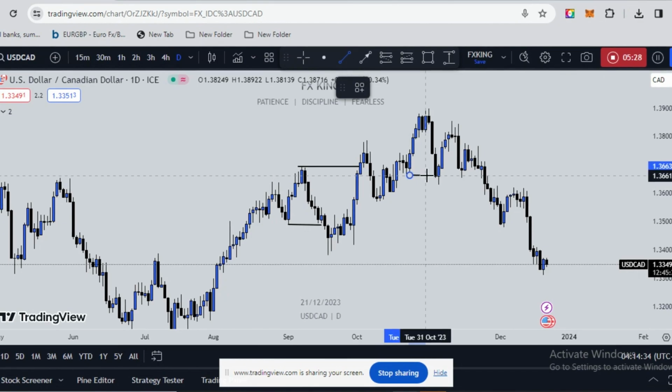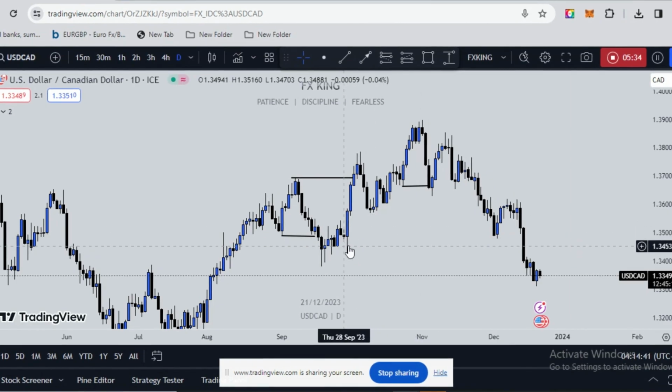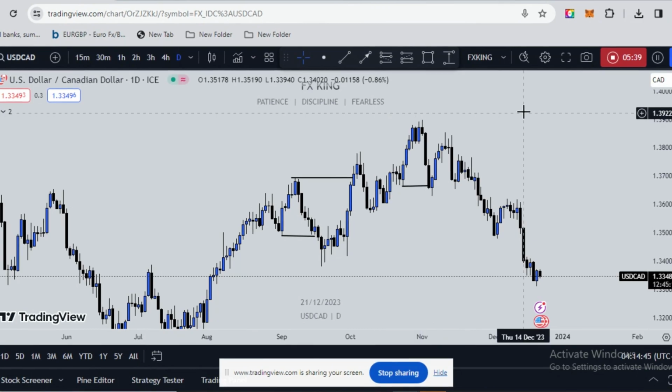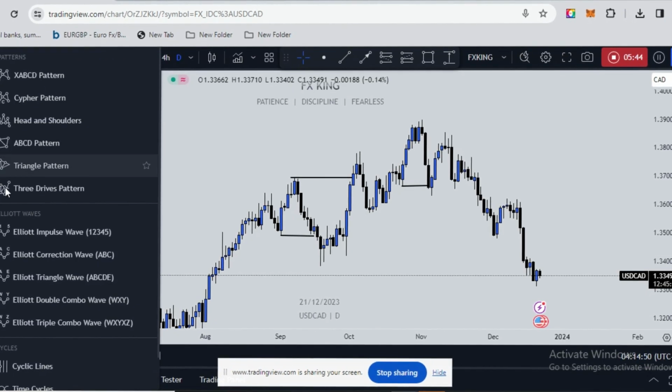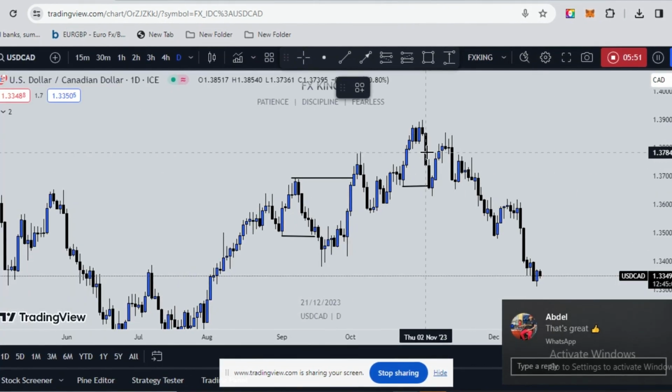So after price took out this low, what we were eventually looking for was for a point of interest down here to be mitigated, then price push above this high. We're looking for, just give me a minute. So we're looking for something like this now,